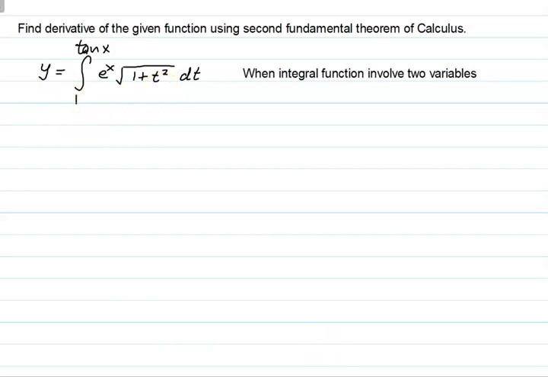So what we can do, first let's take out this x term outside the integral part, because this integral function is in terms of t, so we can write the x part outside, which is a constant. Let's take the derivative of both sides. Derivative of y is dy over dx equals